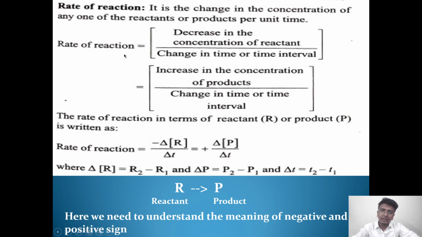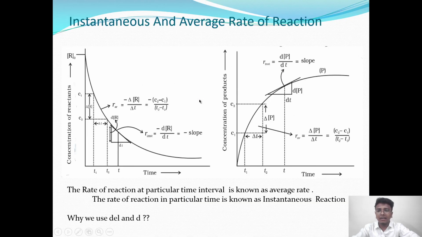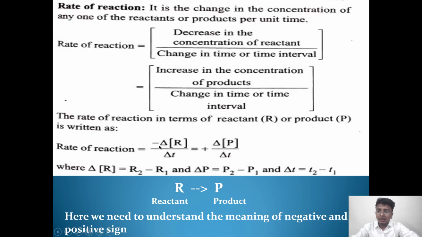Then the rate of reaction is equal to the decrease in the concentration of the reactant divided by change in time, and that is equal to the increase in concentration of product divided by change in time. Then the rate of the reaction in terms of reactant and product can be written as rate of reaction equals minus del R divided by del t, and that is equal to plus del P